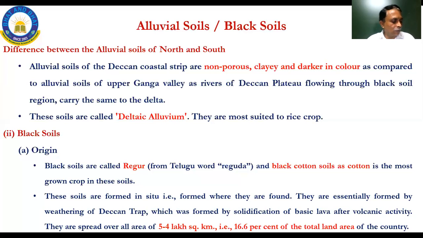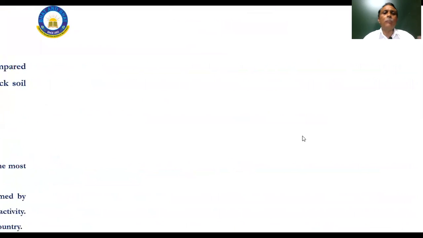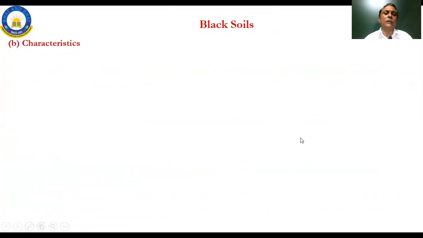Now, if you refer to this, 16.6 here and about 44, almost 60 to 63% of the entire land area in the country is covered by these two soils itself. Most of the soil, almost below 65%. The area is covered by these two soils itself. So you can see how important they are to our agricultural economy.